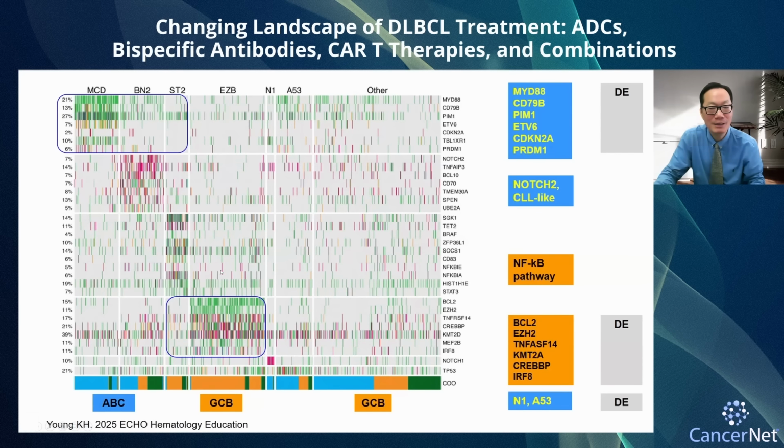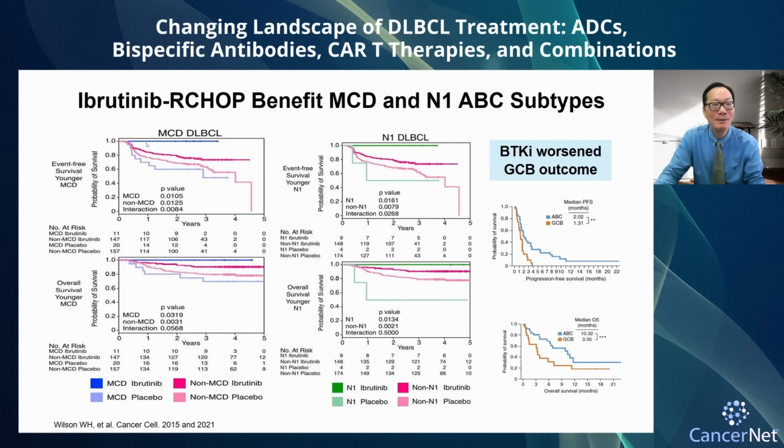In comparison, the GCB patients, as we've seen here, may be associated with BCL2 and MYC translocations. They are different animals. So in the initial NIH-driven trials in MCD and N1 patients, you can see here that adding a BTK inhibitor may improve patient survival, but not in the GCB patients. Now, this early trial still needs to be validated. MD Anderson did smart trials confirming BTK inhibitors might be beneficial in a subset of patients,